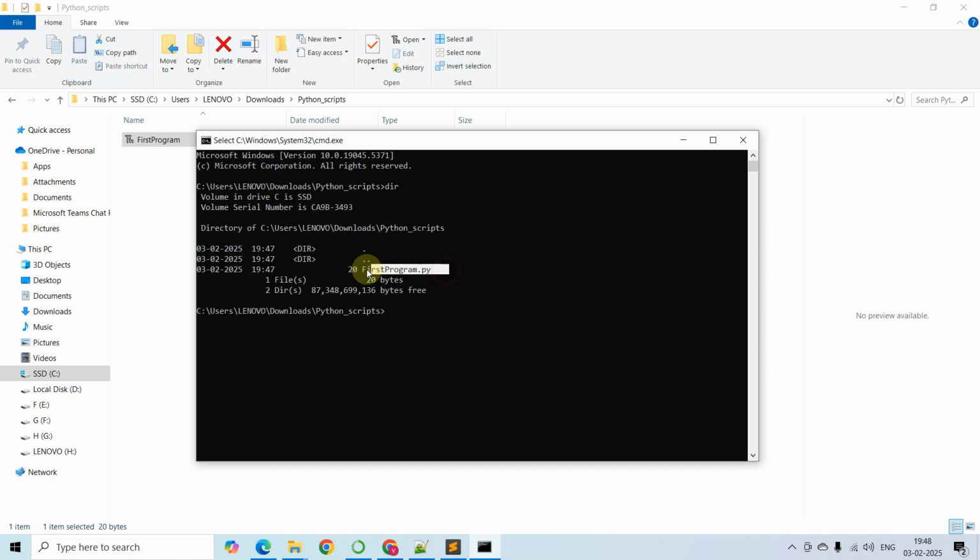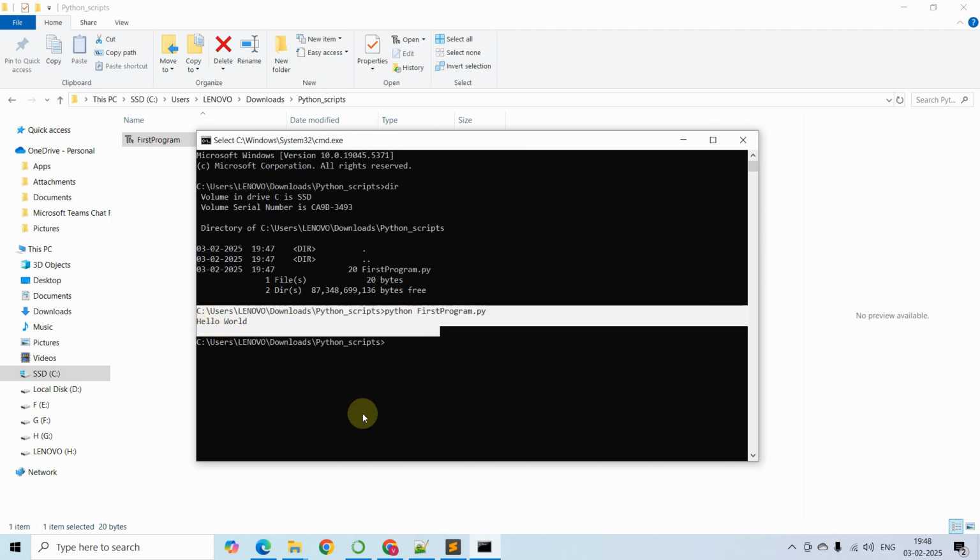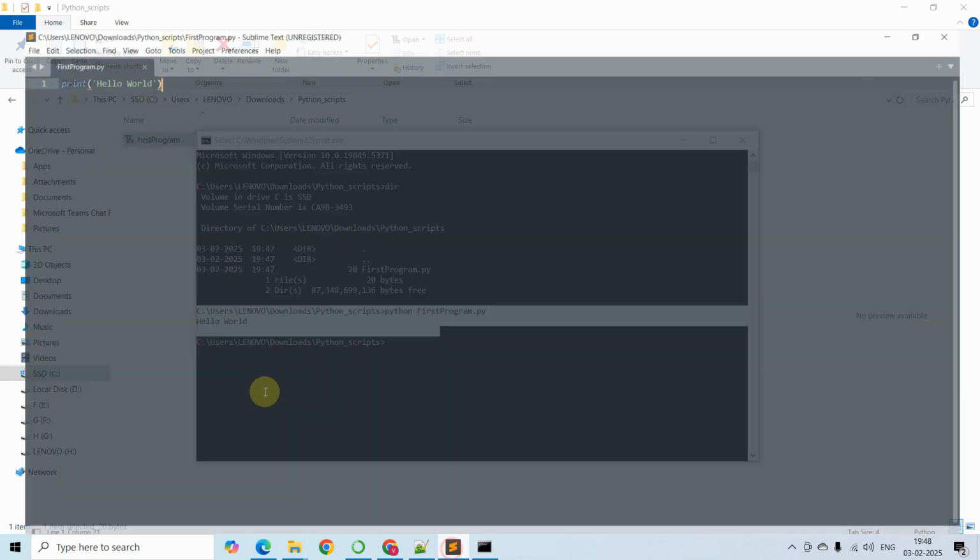You can see we have the first program.py. To run the first program.py, just type in python first program.py. So this is how you will be able to run the Python scripts using Sublime Text or any text